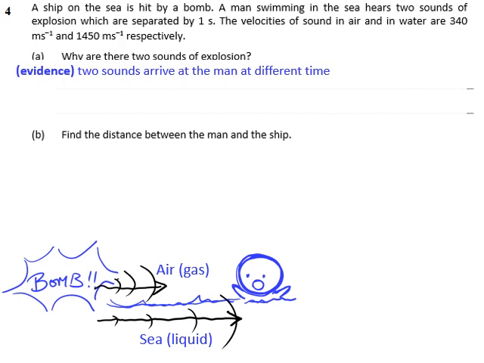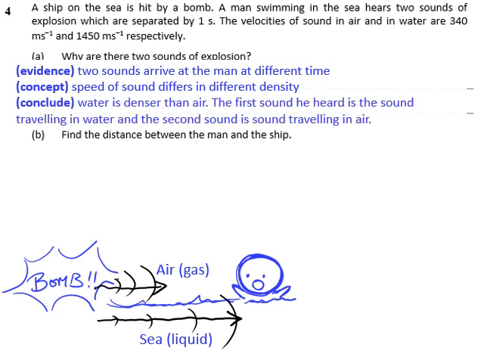So the 2 sounds arrive at the man at different times. We also know that the speed of sound differs in different densities. Since water is denser than air, the first sound he hears is the sound traveling in water, and the second sound is the sound traveling in air. So how do we find the distance between the man and the ship? This one is a little bit trickier. You cannot just directly apply the formula that you know, but what we do know for sure is that the distance